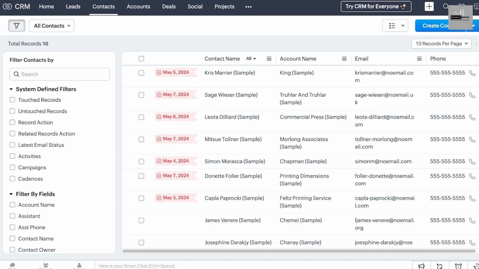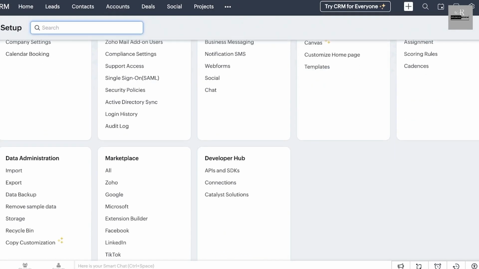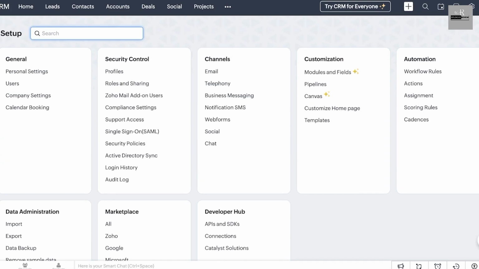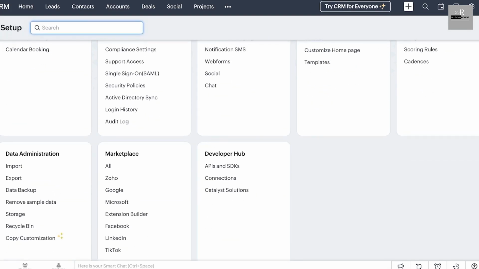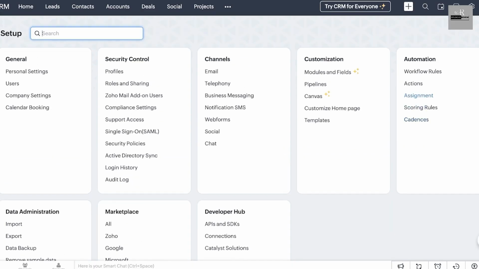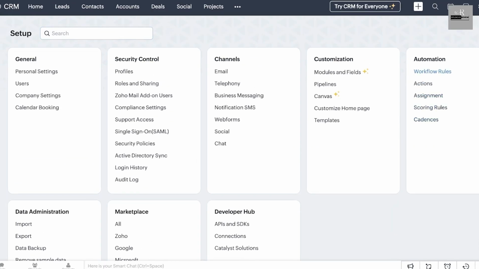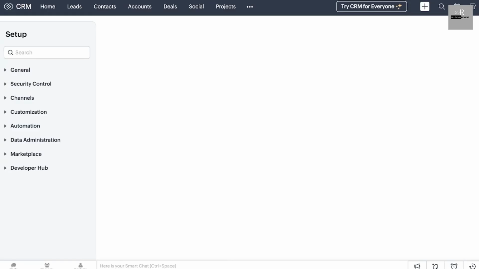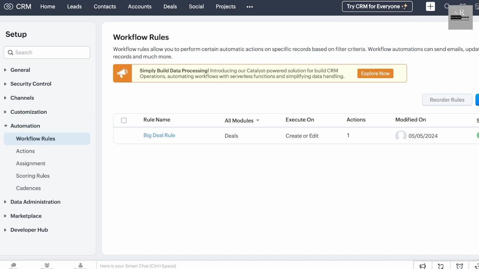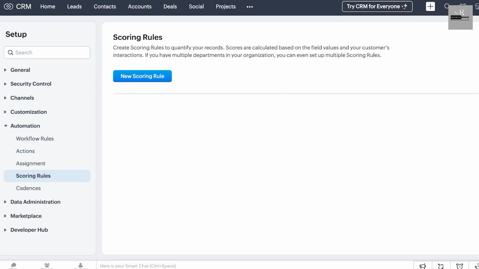If you click on your setup on the top right, then you're going to move forward and take a look at automation. Our automation hub. Yeah, so over here we have workflow rules within automation, and we want to go with our scoring rules. So once we go into workflow rules, we're going to click on scoring rules and then click on